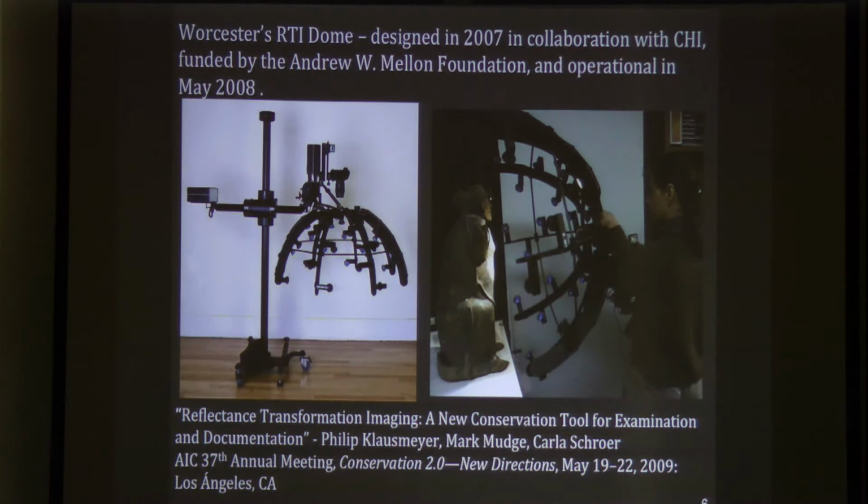That took a lot of letters and reports to Angelica Rudenstein. Some of you may know her as a previous head of the Mellon's museum department, which correspondence could be a very trying thing sometimes with Angelica. But I'm glad to say she became a believer in this technology. And then I went out, and it was a bit of serendipity, but I went to a talk where Tom Malsbender was, and just happened to find myself next to him at the lunch table. And he put me in touch with the team at CHI, Carla and Mark,